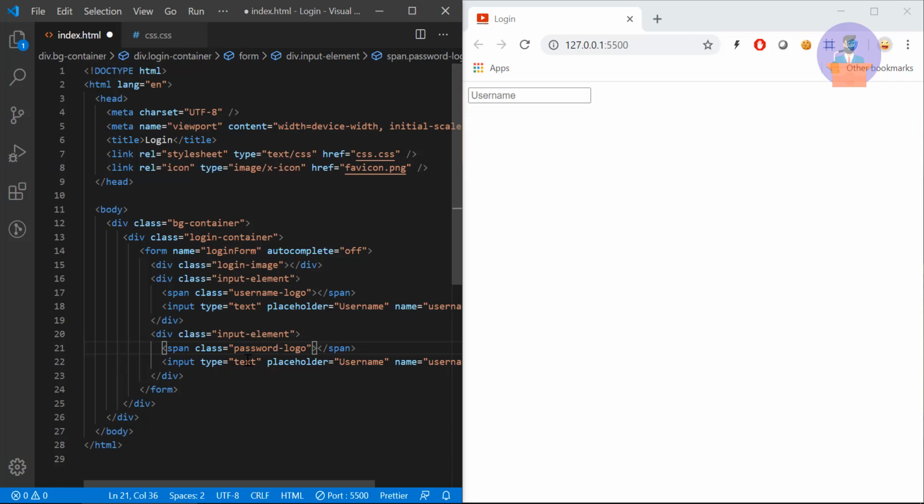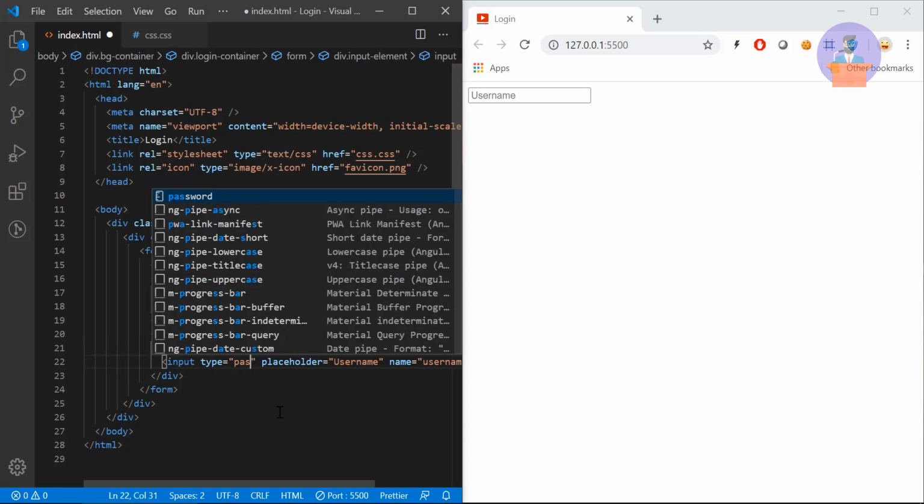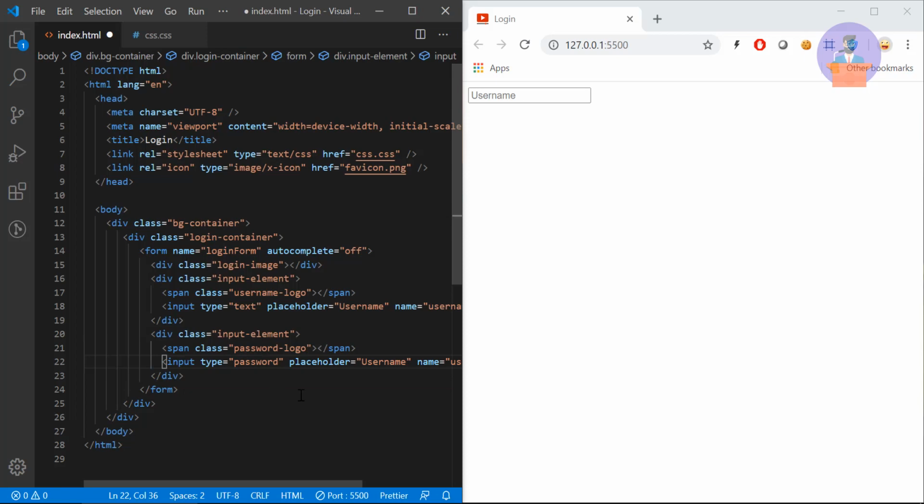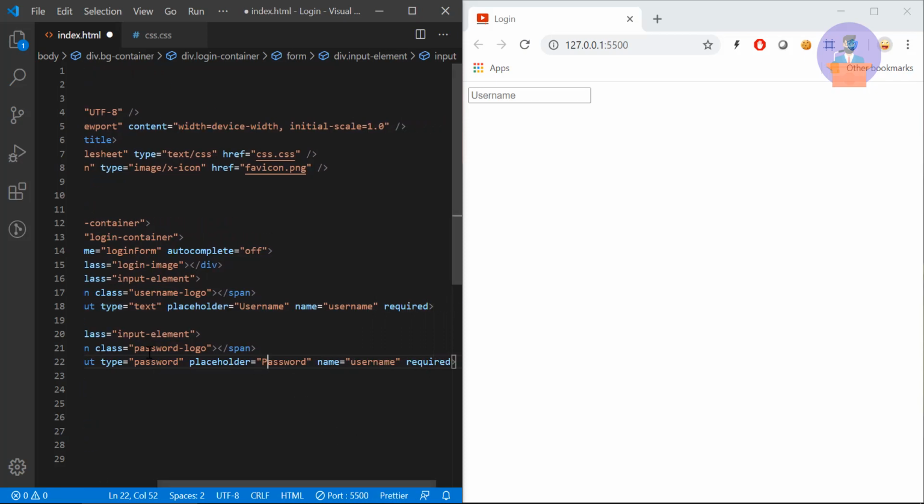The type will be password, the placeholder will also be password, and the name will also be password. Let's just save it. Now we have one password input tag.